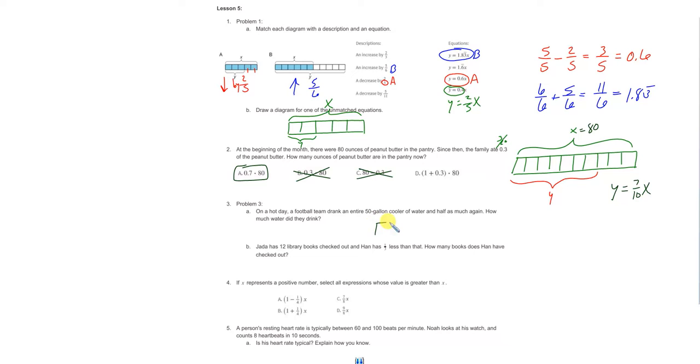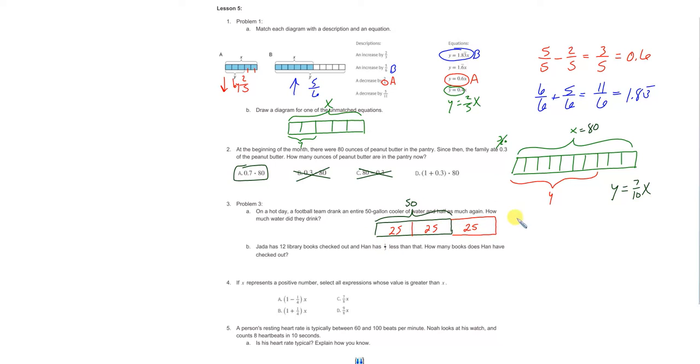Well, this is not a tough problem to do in your head, but let's do a quick tape diagram of this. So imagine that this is your original 50, right? And they're cutting this up into halves, so cut this up into halves. If they drank half that much again, then we're going to take this half distance amount and tack it on, which is this long. And if half of 50 is 25, then we can see clearly from our tape diagram